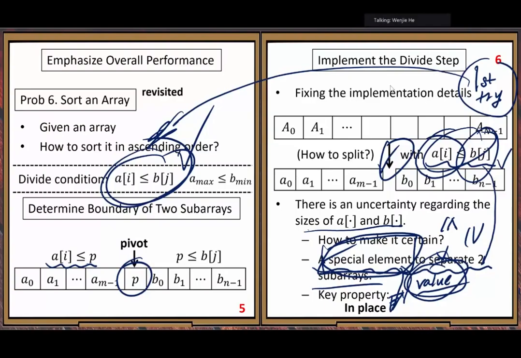So at this point, you can see we have a better understanding, right? We addressed, or fixed, a large part of the uncertainty. But there is still some uncertain part. How do you determine that pivot element? You don't know. You only know your goal. This is what you want to achieve, but you don't know how to achieve it. You need to do a lot of work.